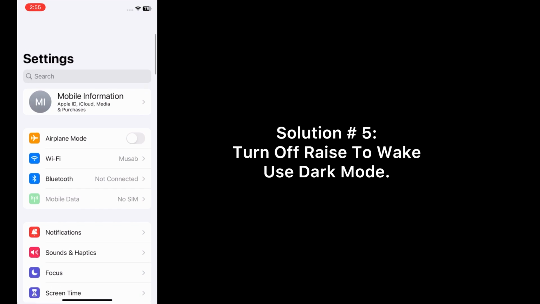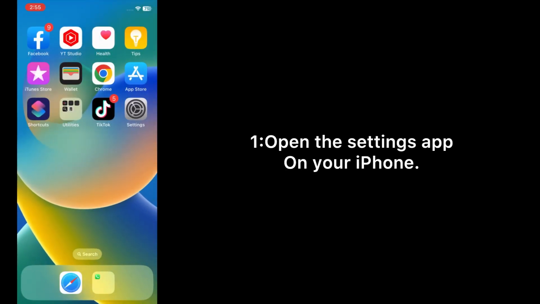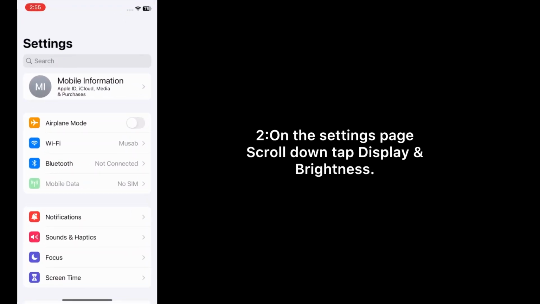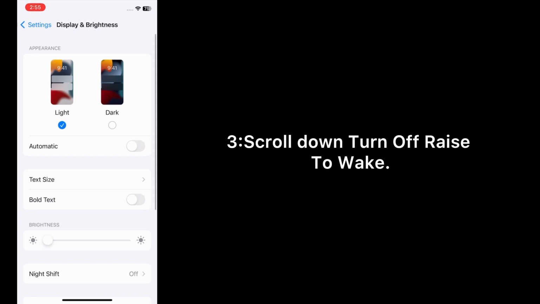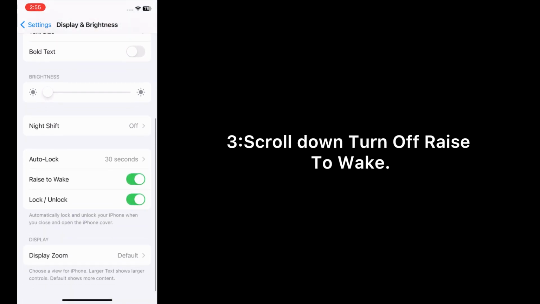Solution number 5. Turn off Raise to Wake, use Dark Mode. Open the Settings app on your iPhone. On the Settings page, scroll down, tap Display and Brightness. Scroll down, turn off Raise to Wake,